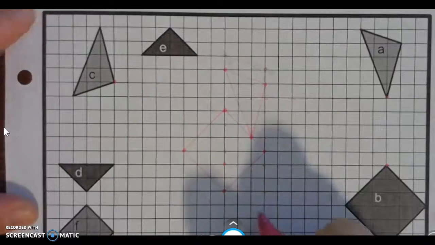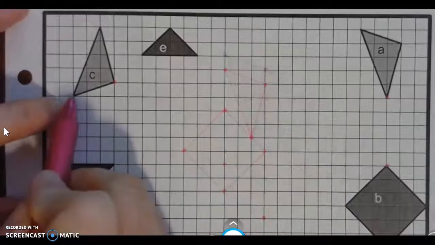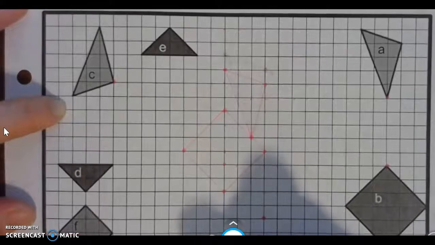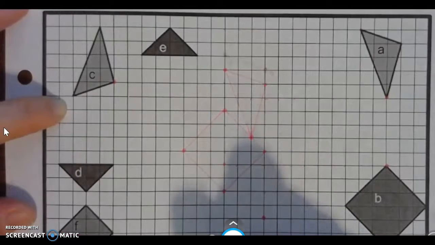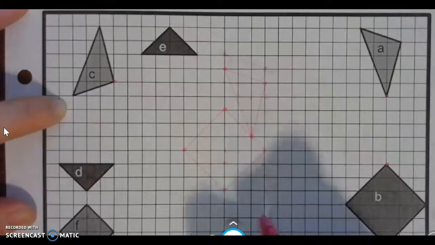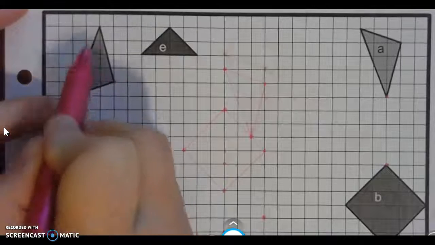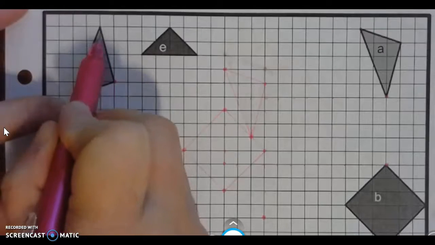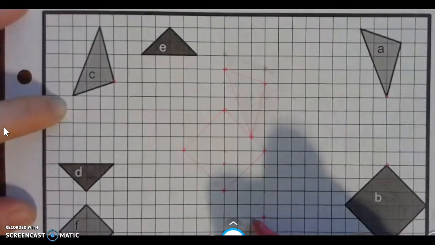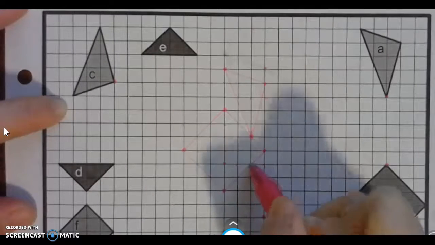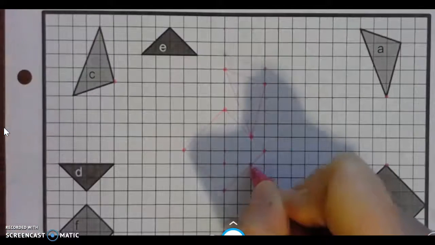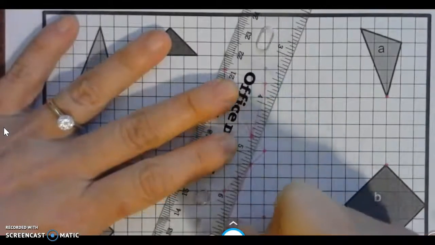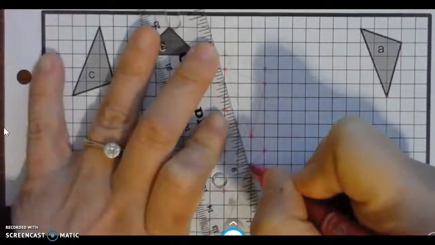Right? And then relative to this point, the bottom left corner is 1 down, 3 to the left. And relative to this point here, the top corner is 1 to the left and 1, 2, 3, 4 up. Is right here. Okay, so now I have my triangle and I can join